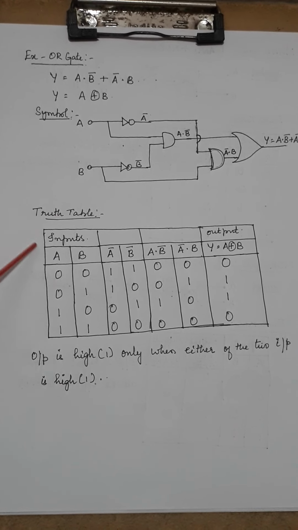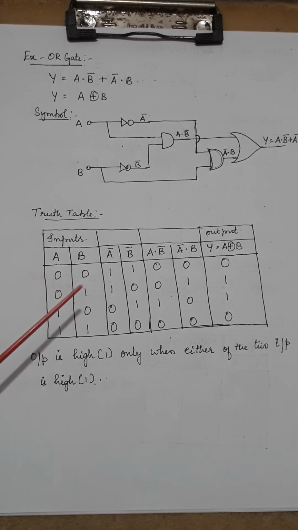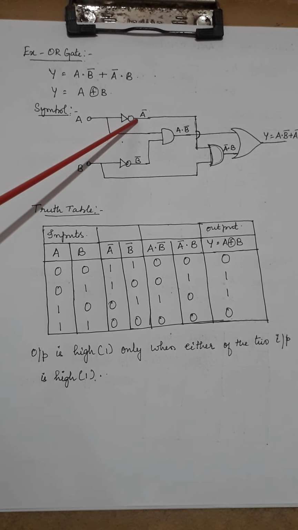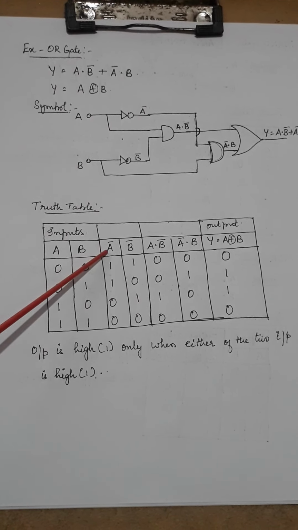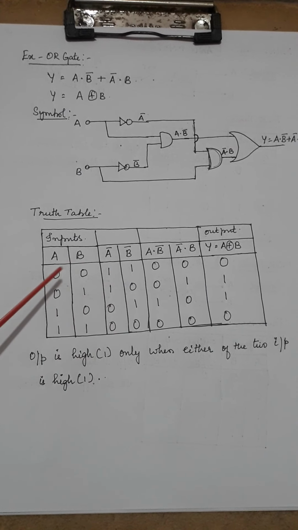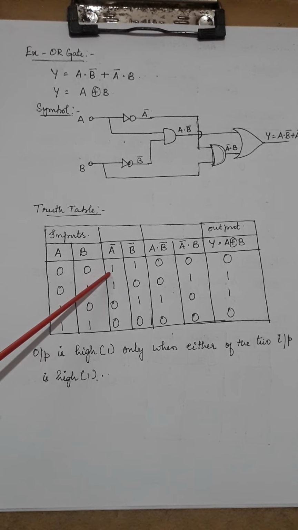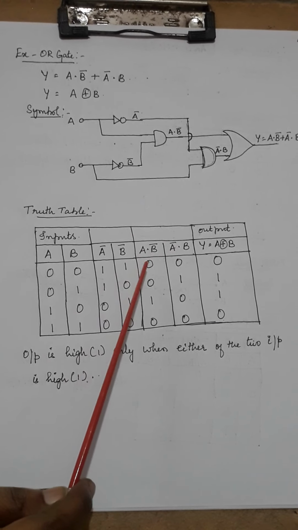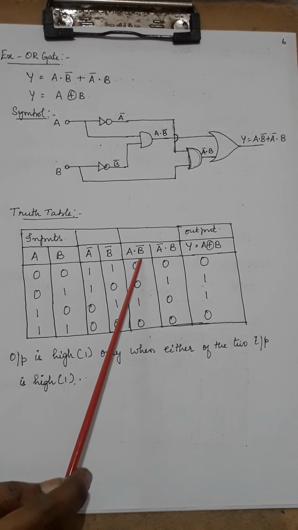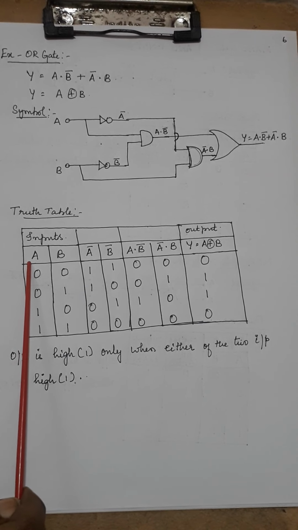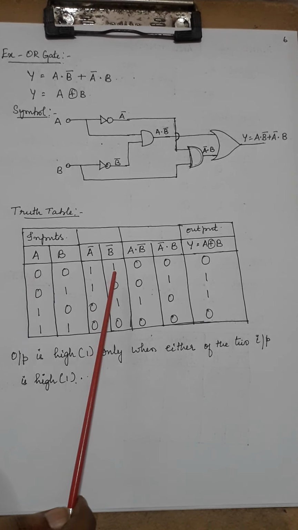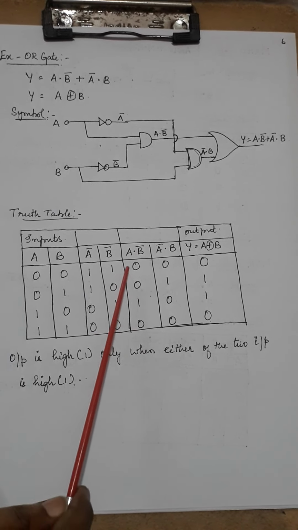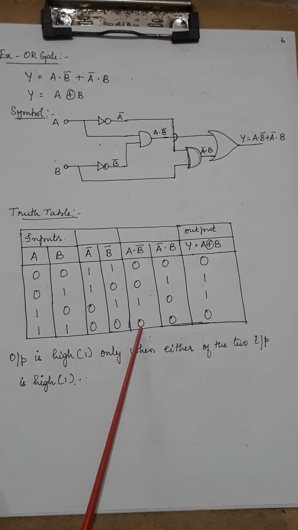This also has basically only two inputs, A and B. So 0 0, 0 1, 1 0, 1 1. After that I have both complements, A complement and B complement, written here. Wherever you have 0, it is turning into 1. Wherever it is 1, it is turning into 0. Then the very important part of it, A dot B complement. So 0 and 1 gives me 0. Like that it gives you an output of 0 0 1 0.